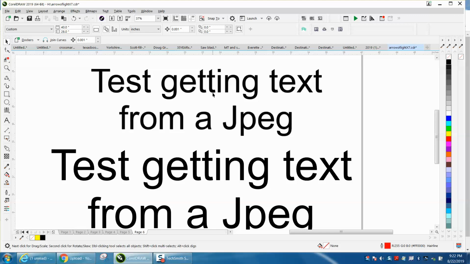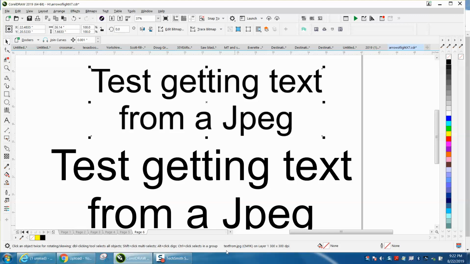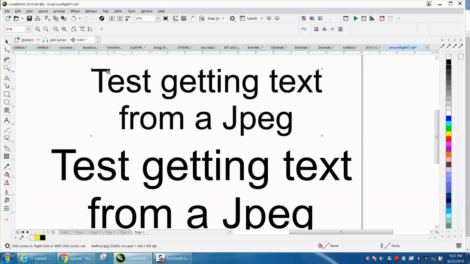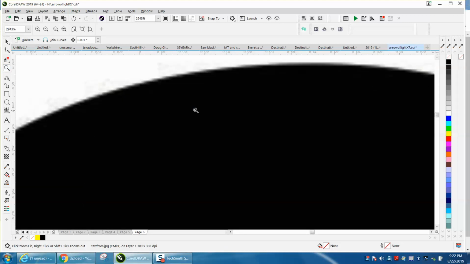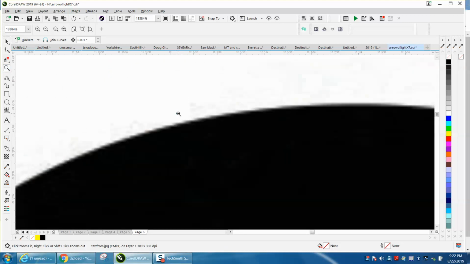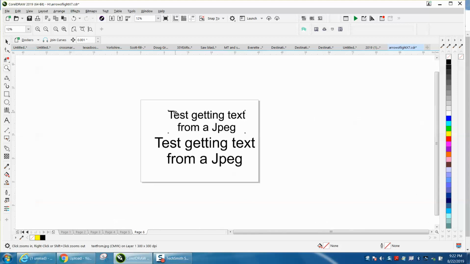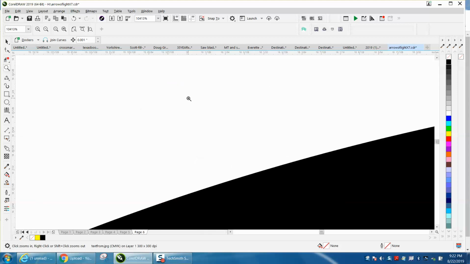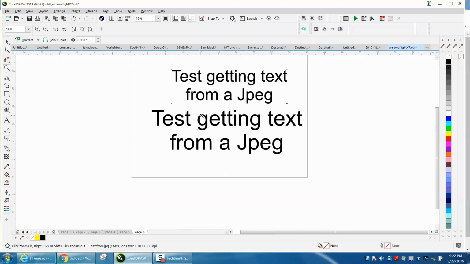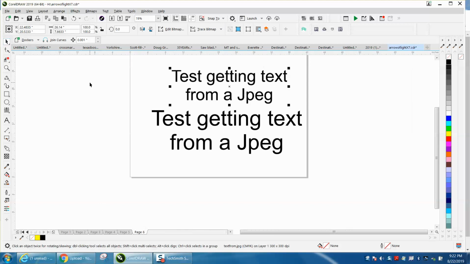So if you click on this, this is a JPEG, and it's in pretty good shape. I exported and imported it, but you can see it's still pixelized. Well, I just got this and brought it in, and it's a good clean graphic. I got this from that JPEG. I had no idea you could do that. So what you do,